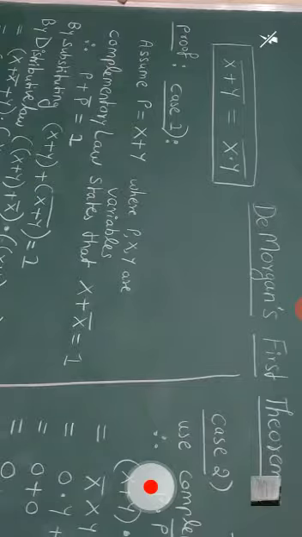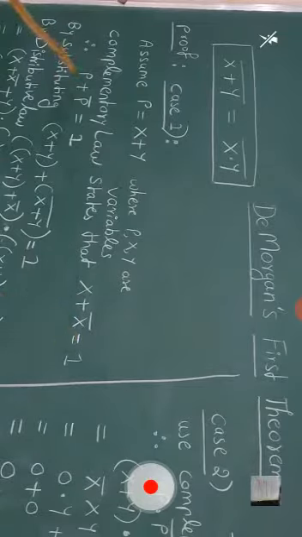You can see here the proof begins by case 1. First, we are assuming that p is equal to x plus y. Here p, x, y are the variables. Variables means these are not constant values; these will keep on changing. Next, by the complementary law, which states that x plus x bar is equal to 1, by using this law,